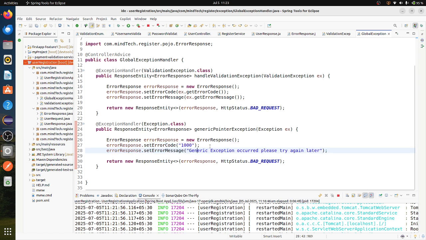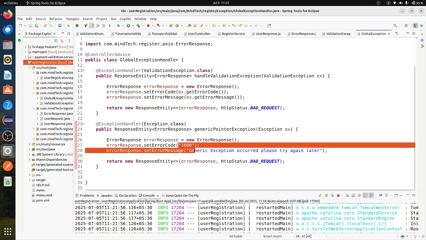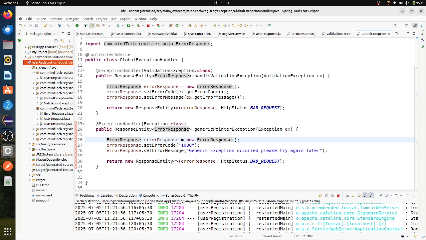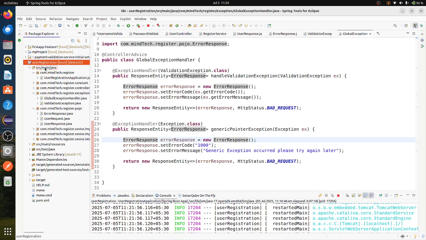Instead of that, I want to use another class where I'll initialize all these values, and I'll use that class in order to send the error code and error message. I'll use that class where I'll get the values. So I'll create one mapping here. So I'll use